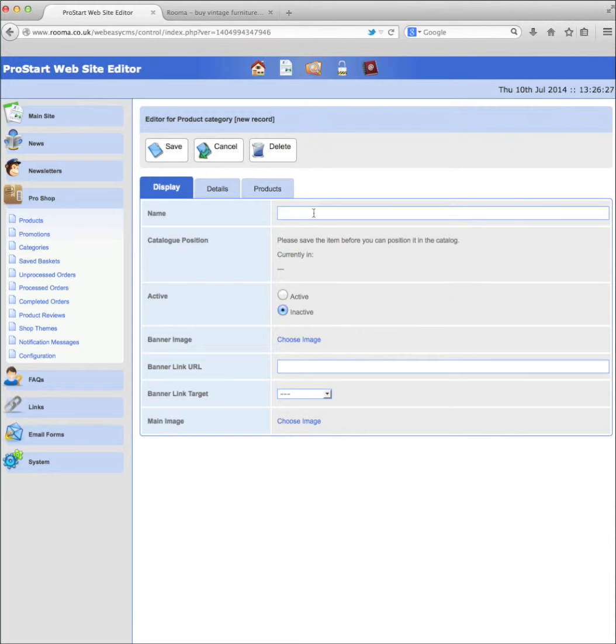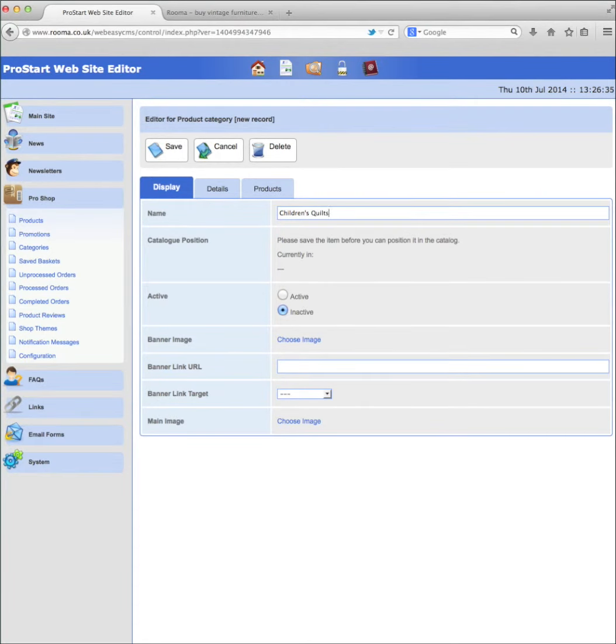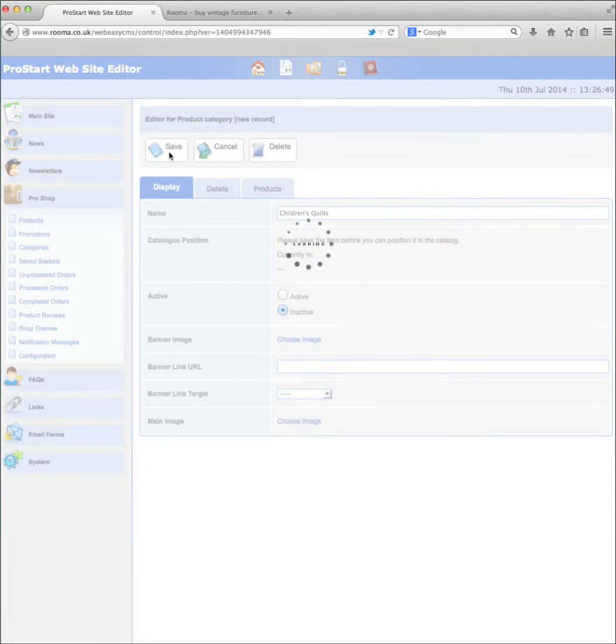So in this case, I'm going to create a category called Children's Quilts. And I'm going to leave it inactive for the moment. And in order to place this category within a position in the basket, I need to save it. So as you see, this has got no link here for the category position. So if I save this now,